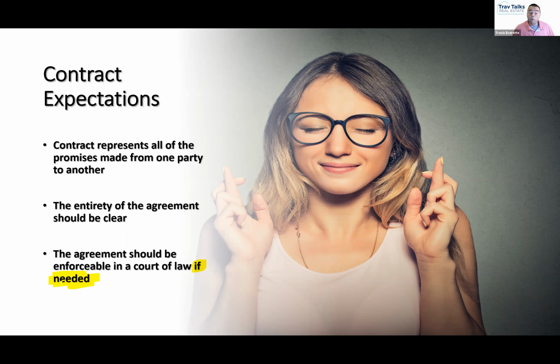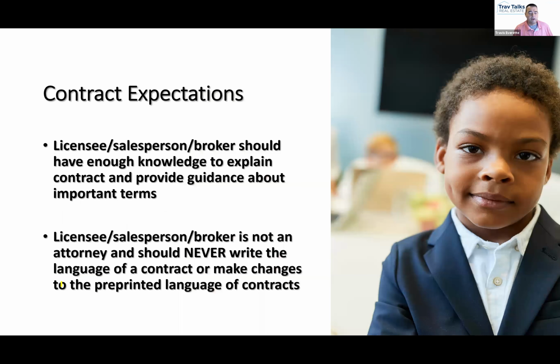But we want to avoid court at all cost, if we possibly can, because it's just an ugly, ugly process. But that phrase, you're going to see it over and over and over. Legally enforceable. Is this agreement enforceable legally? Now, what's our role here? Our role is to provide advice in a transaction.